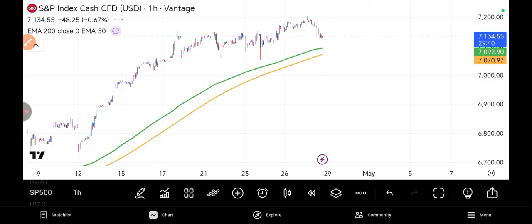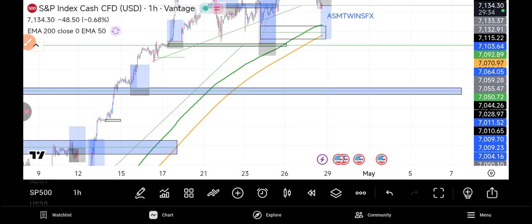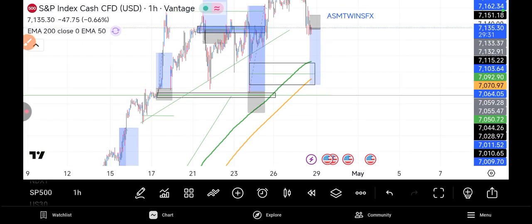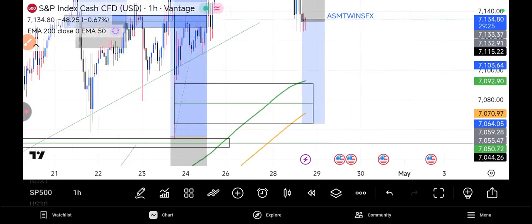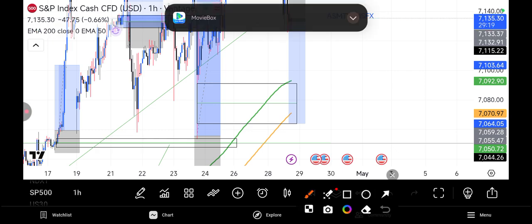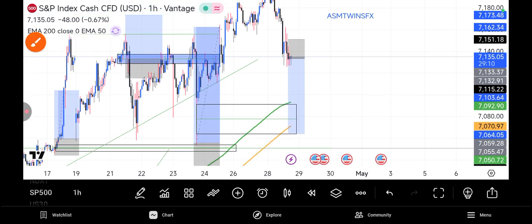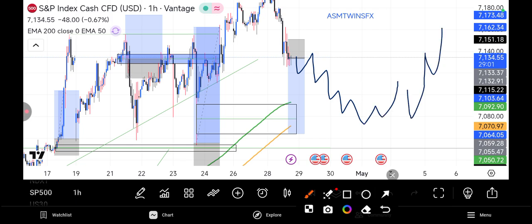Our S&P 500 is still the same thing, bearish. Remember on Monday, that was what we were saying. So you can see the market is consolidating, so we are still expecting the market to fall to this area. So for US 500, I'm expecting the market to fall from here. I'm expecting the market to give us something like this, then we'll take any reaction from here. Then that is that. So that is my opinion for the indices.